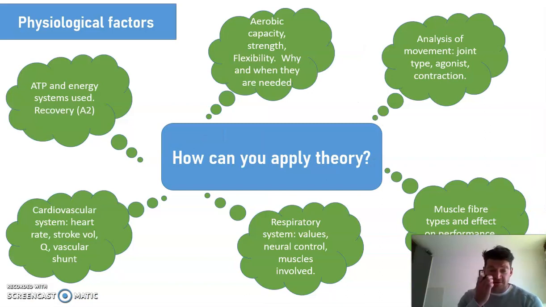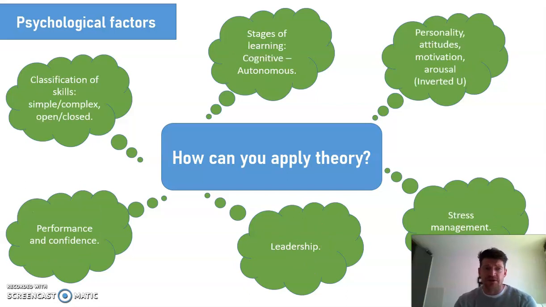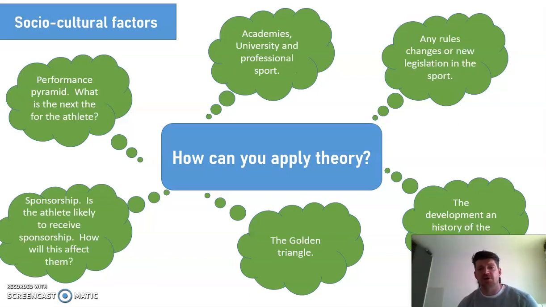Here's some physiological factors that you can include. Anything from the specification generally. Psychological factors, again, anything from that specification. Have a little look, pause it here if you want to have a look at it. And social cultural factors, so again, anything that you can see on that specification. These are difficult ones to get in, particularly in the second section, but you can see a few there.